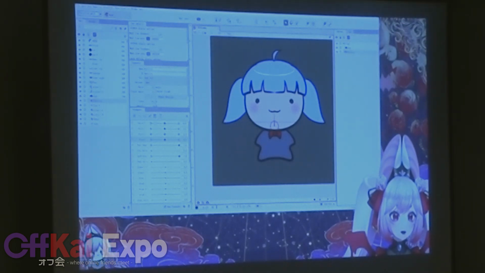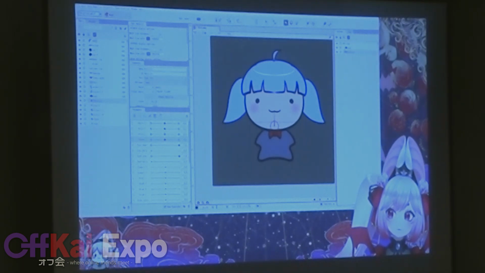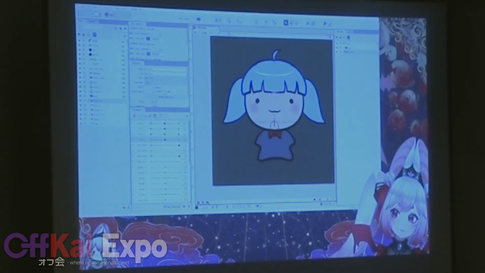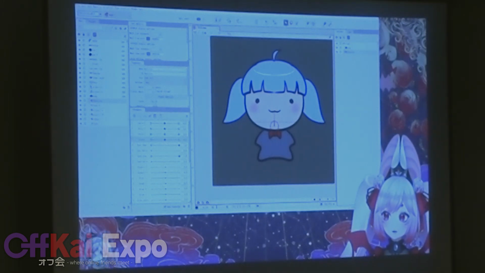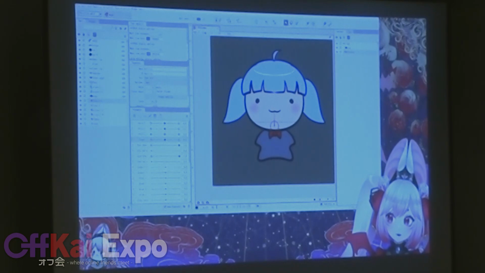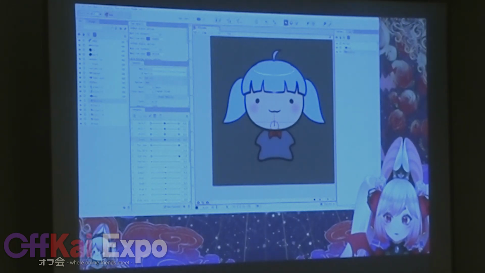Okay. Now what will happen once you export it is it'll generate a number of files. It'll have a little folder with your texture atlas inside. It'll have your JSON files and your MOC3 files. To use those in a tracking program, you want to take the folder that they're in. I'm going to call it